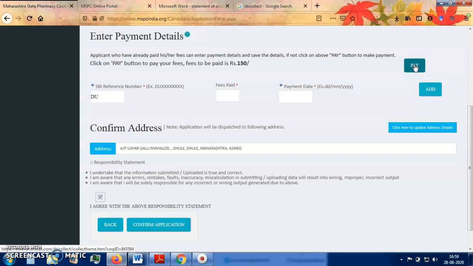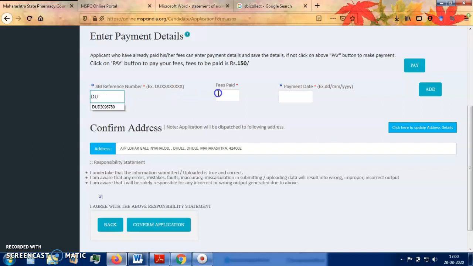After clicking on the pay button, you will be redirected to the payment site. Now you have to make payment with the help of net banking, debit card, whatever it may be. After making payment, you will get an SBI reference number, and that SBI reference number should start with capital D and capital U. That SBI reference number you have to paste here.